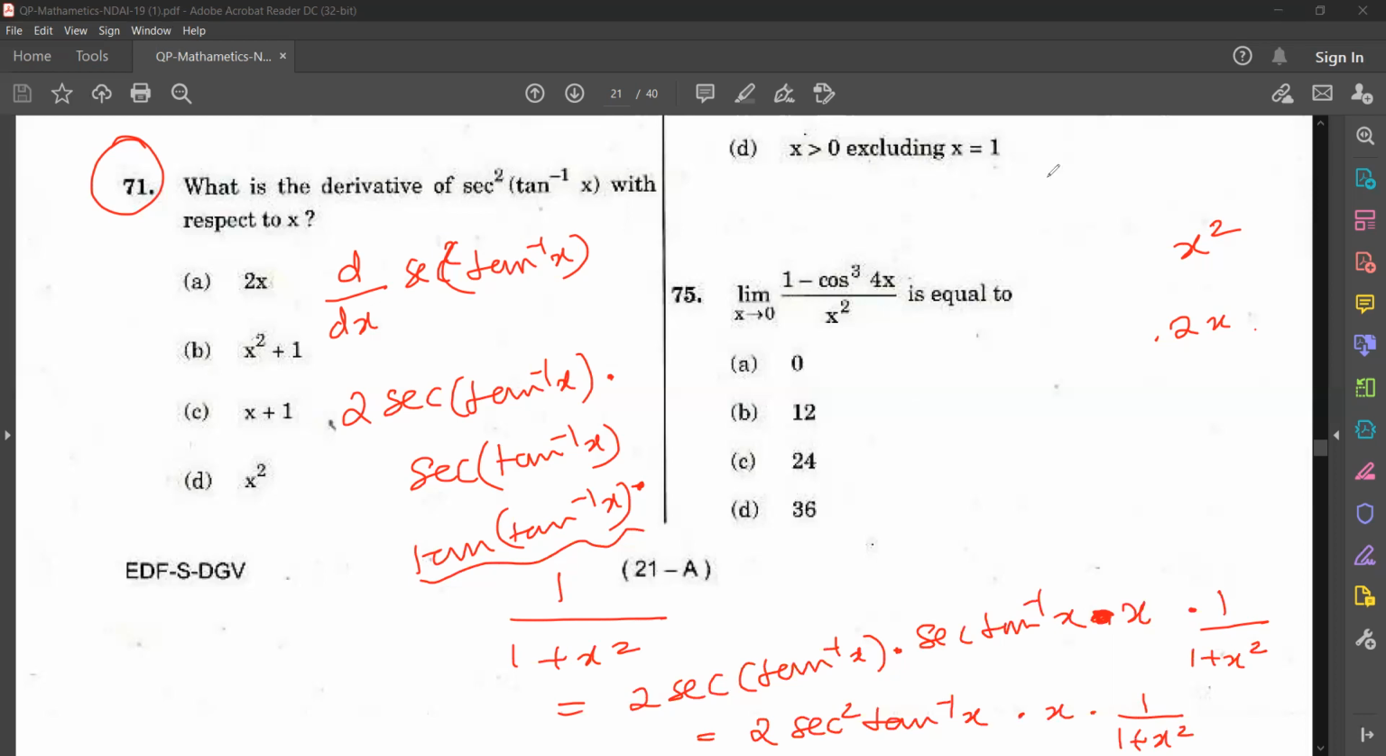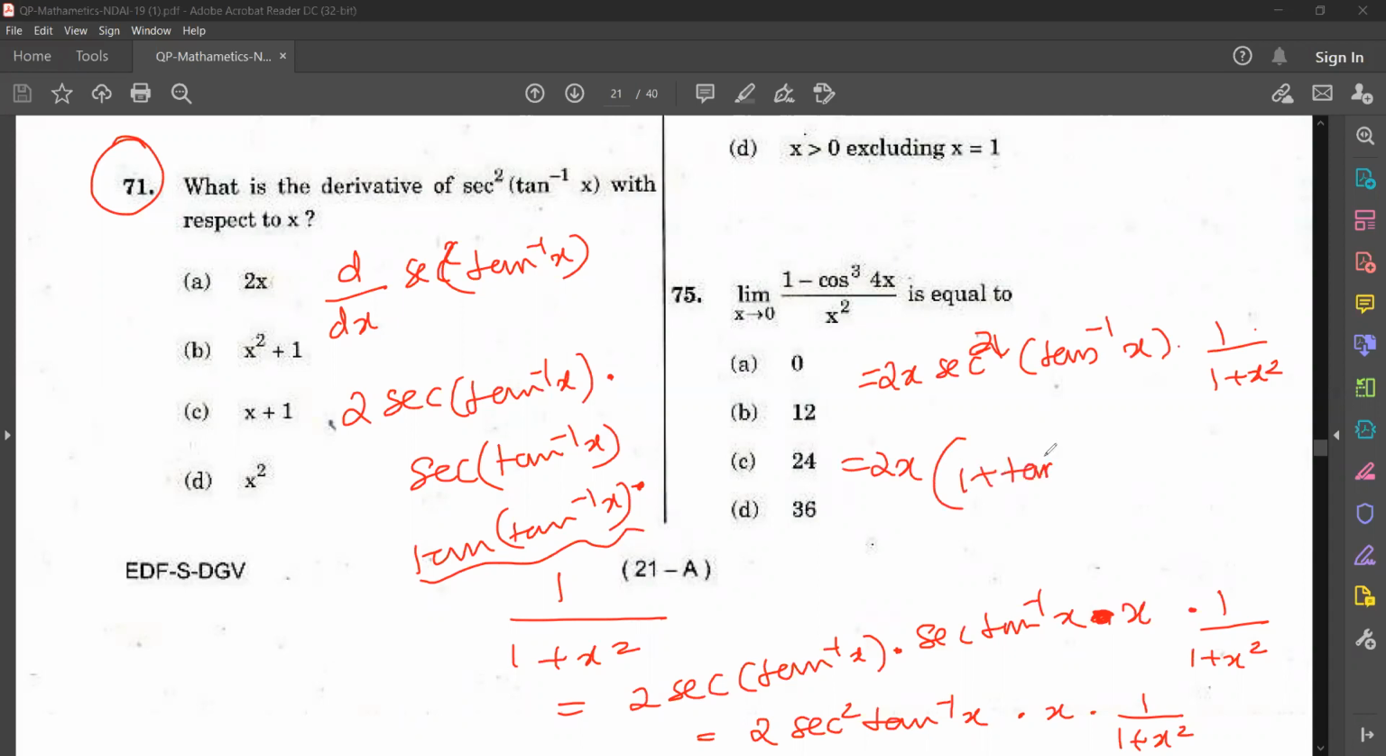Now listen. See the options. In the options, we do not have any trigonometric functions left over there, isn't it? So you have to anyhow remove that. So I'm just rewriting this as 2 sec square tan inverse x into 1 by 1 plus x square. Now I know sec square x is nothing but 1 plus tan square x. So I can write it as 1 plus tan square tan inverse x into 1 by 1 plus x square. So tan and tan inverse x will go. So you will have only x